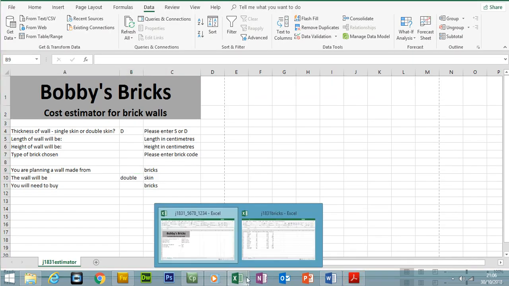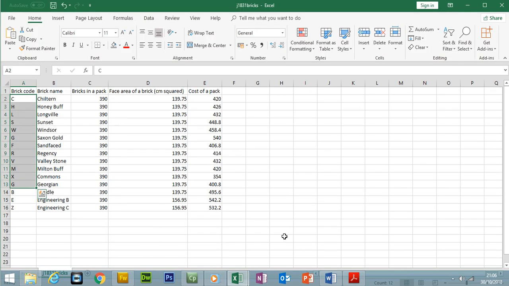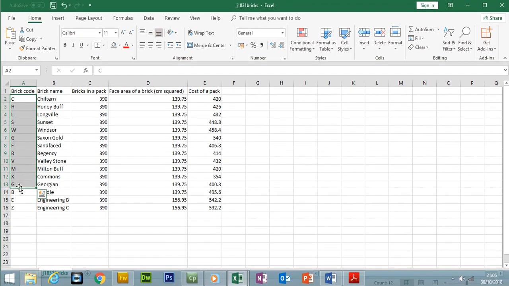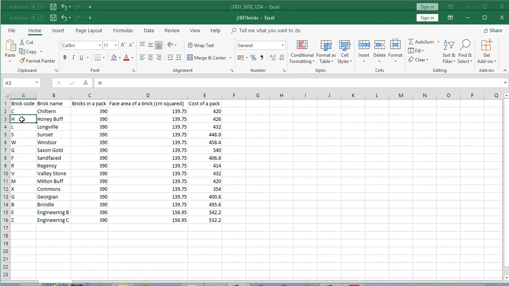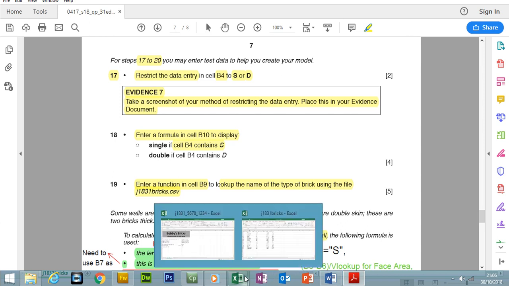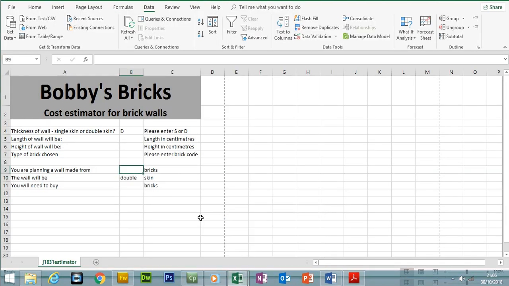Okay, so we need to refer to this other document here. As you can see, we've got brick codes here. Before we can look up, we need to have a lookup value. So I think we're going to use the brick code as a lookup value. So if I type in H here,